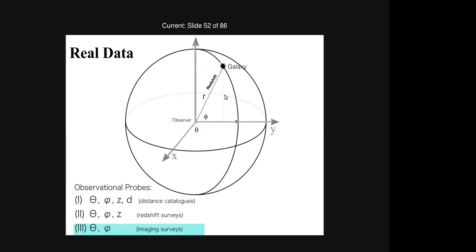So what am I going to do with just these two angular positions? How am I going to verify if the universe is isotropic and homogeneous, or just isotropic, if I only have the angular position? I don't even know where these galaxies are. I don't have their distances. I don't even have their redshift to use the optimal transport machine to find the distances. What can we do with just these two coordinates? It seems that we can do a lot of things with these two coordinates.